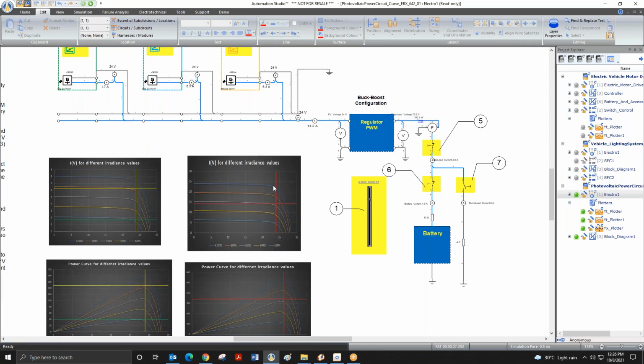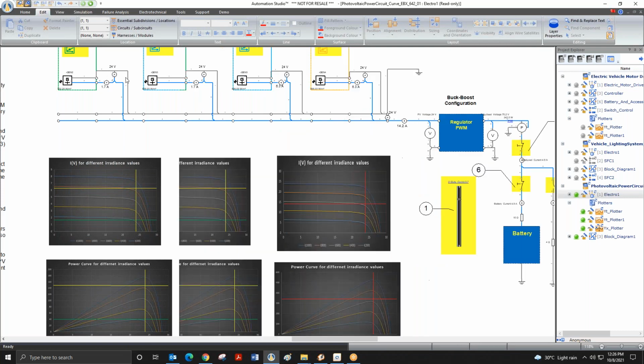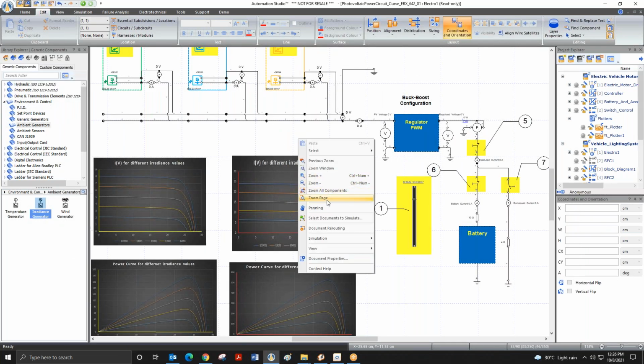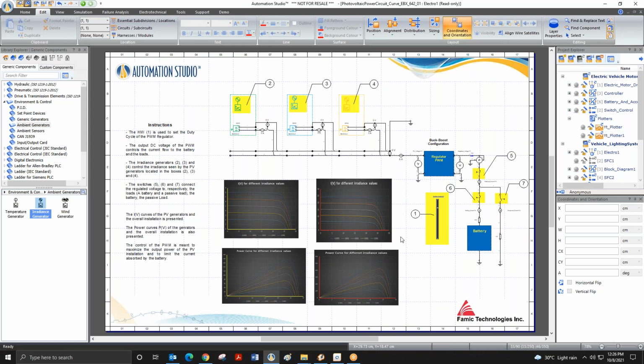If I set it to that, it will transfer the maximum power to the output. The battery we can charge and discharge according to the discharge curve, and if you connect it to the load, power will be fed to the load. Okay, so that's how you can do photovoltaic simulations in Automation Studio.